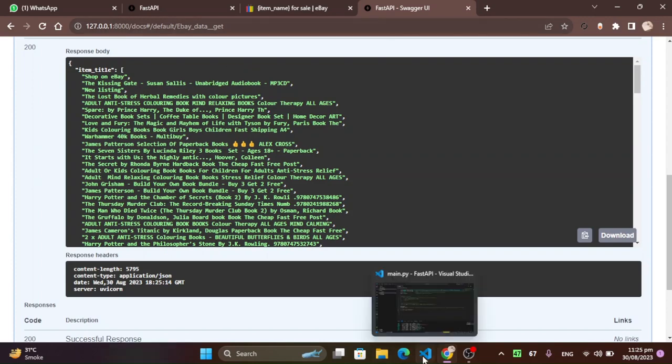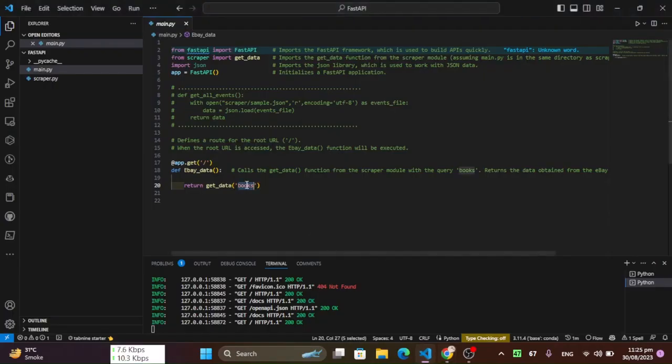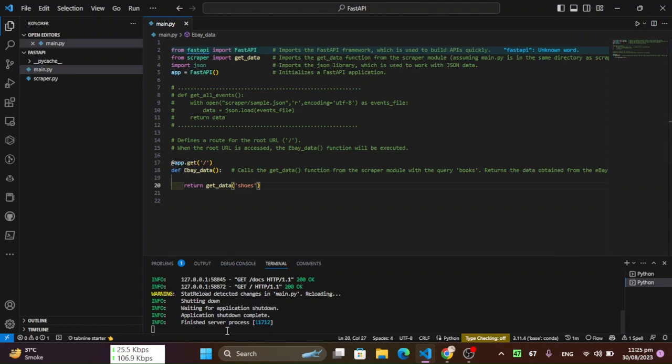Now if we want the data about shoes, we can first of all finish the server process. Now again use uvicorn main:app --reload. Click on this link.